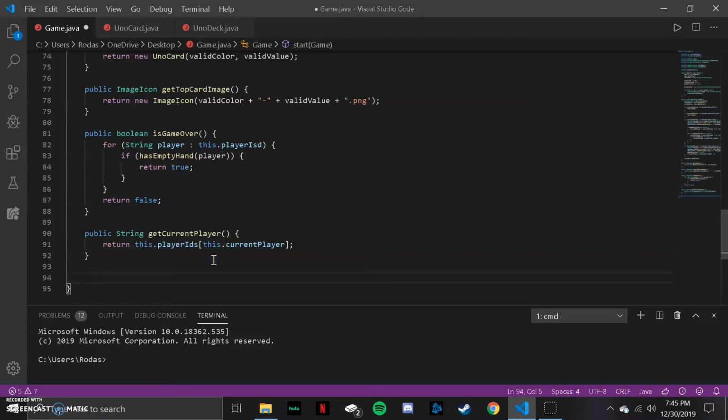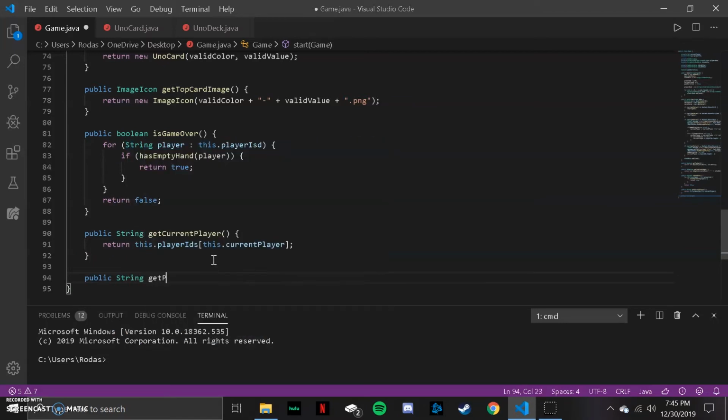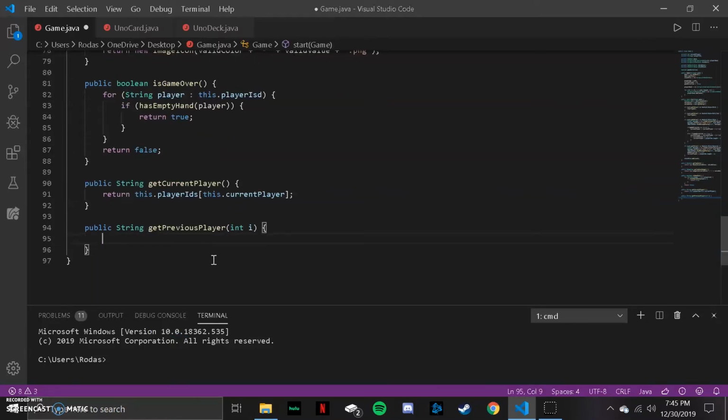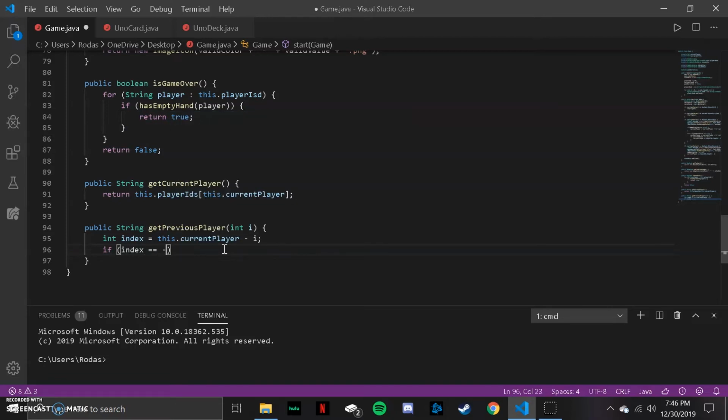So our next method is going to be get previous player. So this is just going to get previous players. Also going to return a string. It's going to take an integer, just call the integer I, and we'll say create an index. We'll say the current player minus I. So this is just going to get the index of whatever the current player is subtracted by whatever integer that we pass in, and we're just saying if the index is equal to -1,